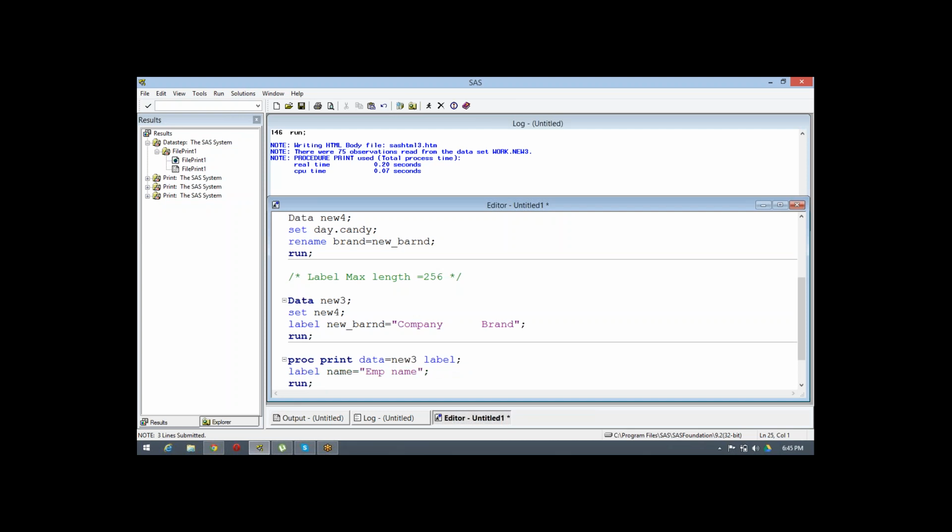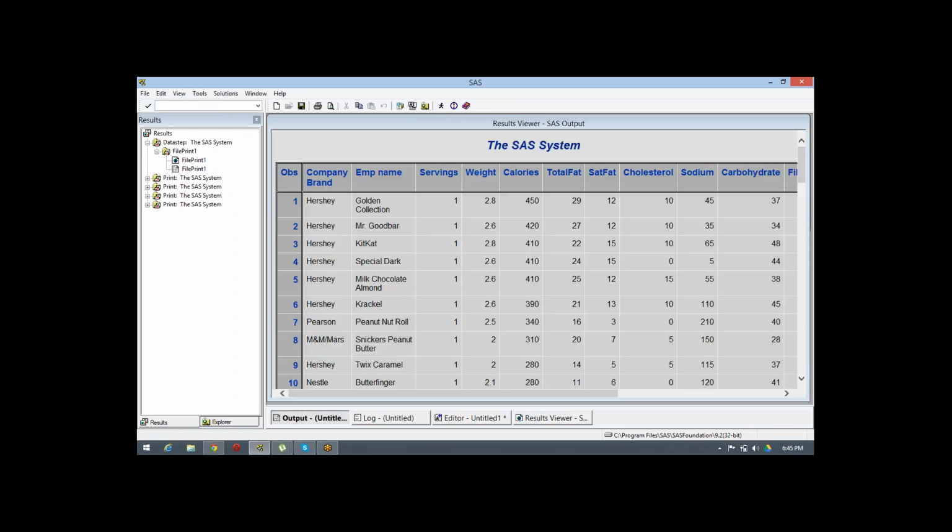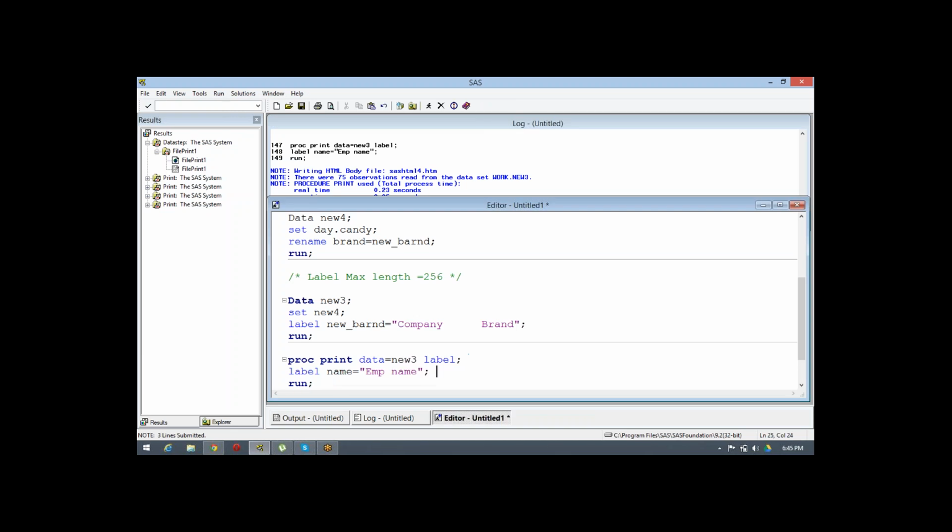When we declare this, it means I am creating a temporary label, not a permanent label. This label is permanent. When you declare any label command in procedures, that will always be temporary.